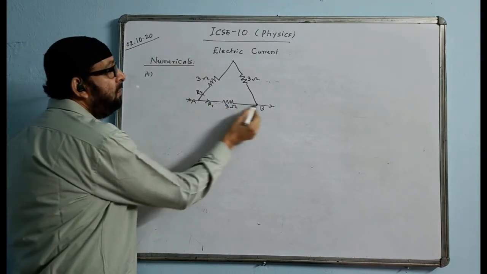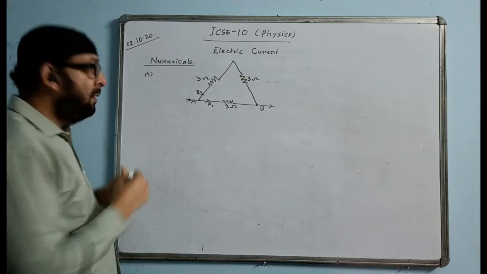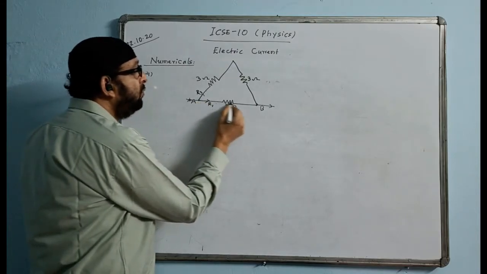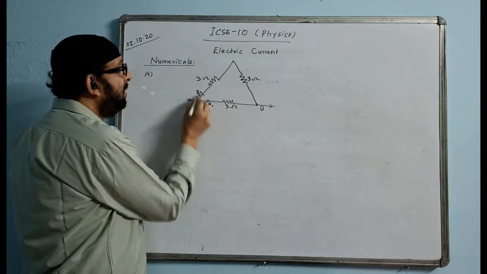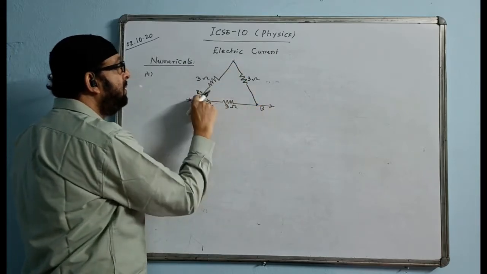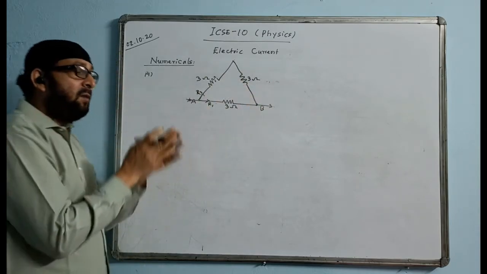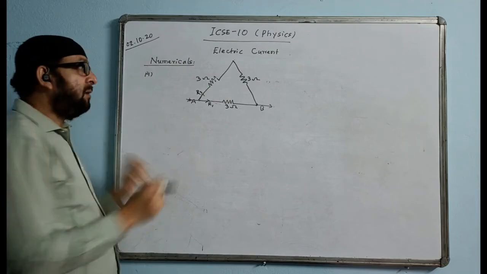This current has to come out through B. The current will have to come out through B. That means R1 will come out through B, passing through a single resistance, but R2 current will flow like this and then will come out. That means these two are in series and then coming out. These two currents are the same, so they are in series. When the currents are dividing, they are in parallel.